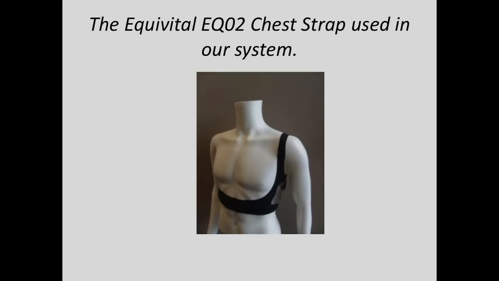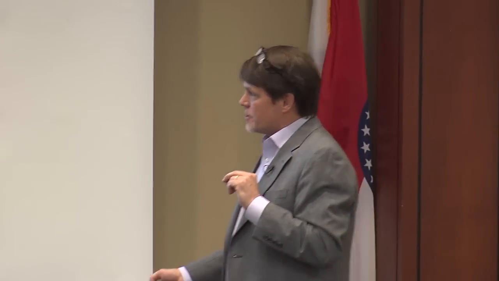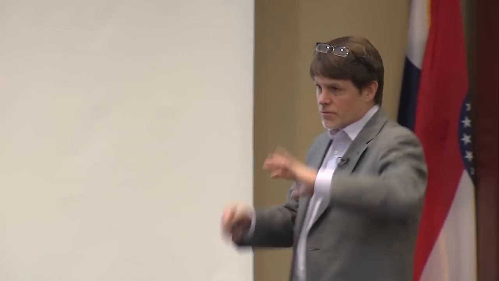What I don't have on right now, although you would never know, I could say I do have it on, perhaps, is this chest strap, which, besides being fashionable, measures your cardiac measures, so heart rate variability, which is extremely important in emotion regulation, and also respiration. And although we're not going to do it, you can measure some other things with the external sensors, but that can be used as well in this kind of system.